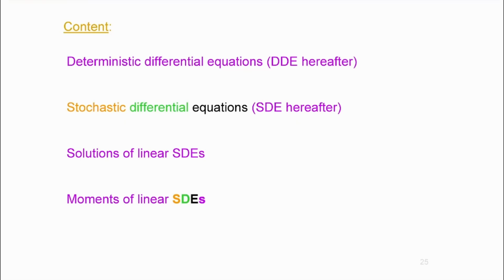So you would establish the dynamics of an asset, for example. Then you solve the stochastic differential equation, and after that you would use the moments, establishing the mean and the variance, and that's pretty much it. You're going to see some examples. So this is going to be based on Ito's lemma.